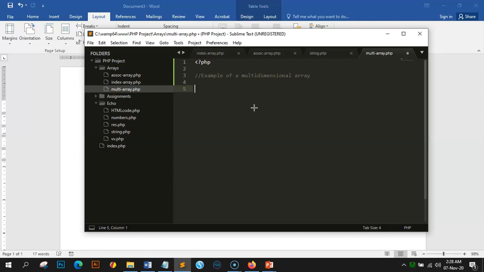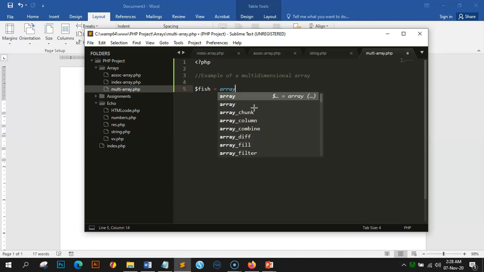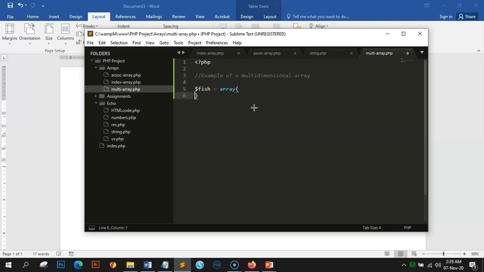because this is not just a straightforward array. So it's going to look like this: fish is equals to array parentheses. Remember, this is a nested array, that is an array inside another array. So that's the reason for the spacing. So we have array is equals to parentheses